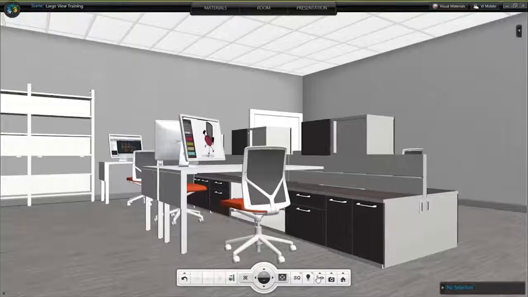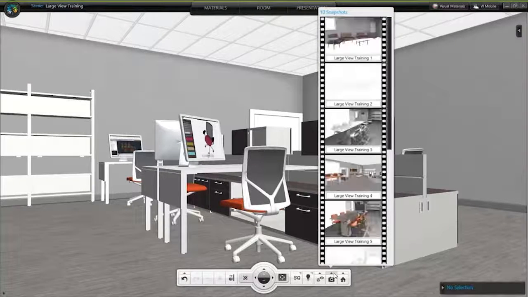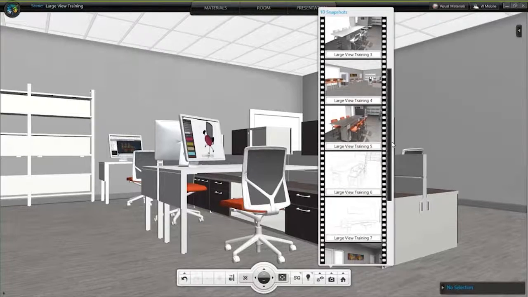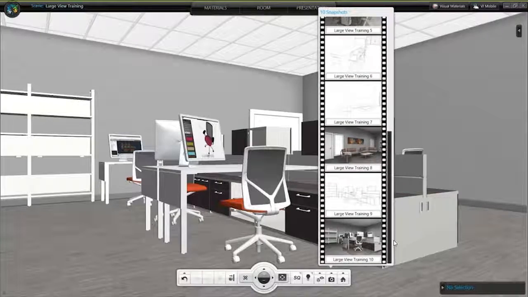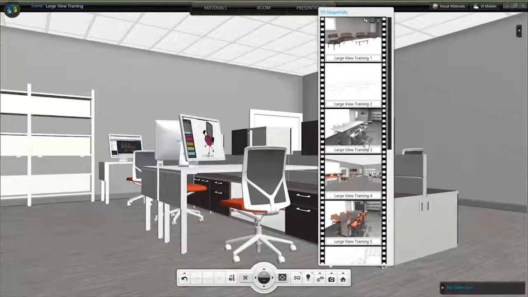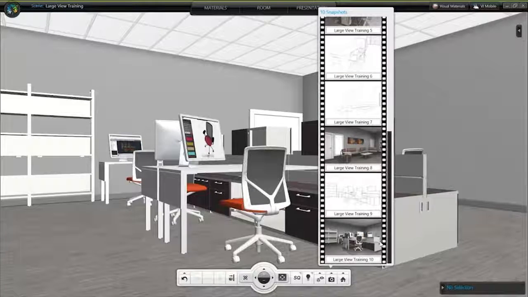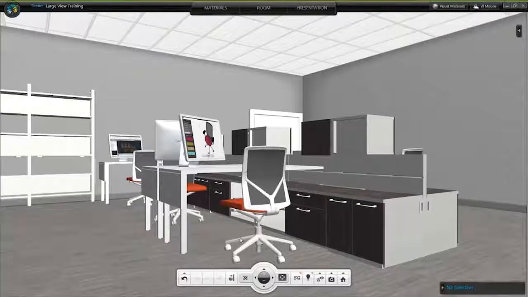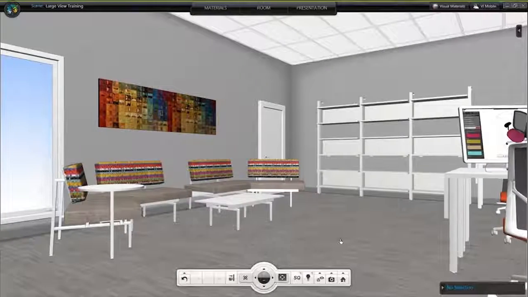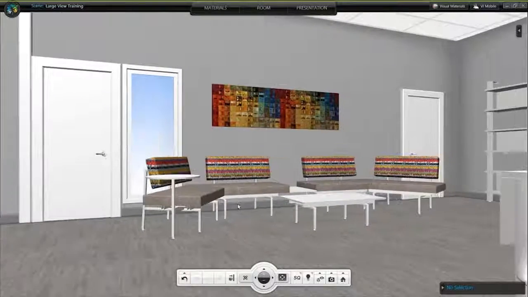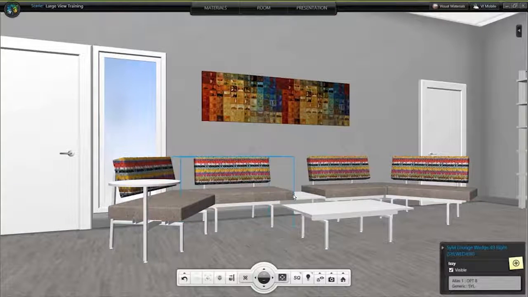So either from this screen, right where the camera is, I can look at my little film strip of all the images that I've taken. Plus there's a few from when I started the project before I finished all of my colors. Or I could go in and jump over to presentation. If you have a really complex project or one where the client is really looking for a lot of different options or different scenarios, if you remember that fabric that I switched out earlier, let's say that I run in